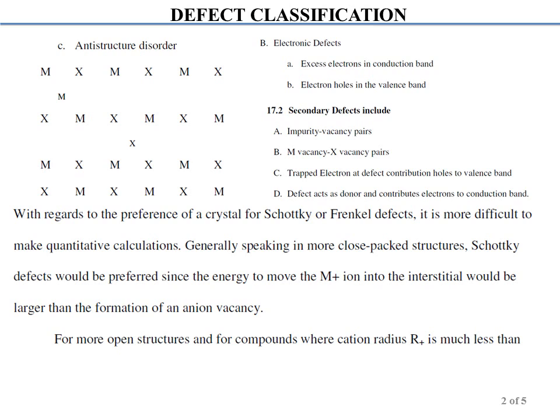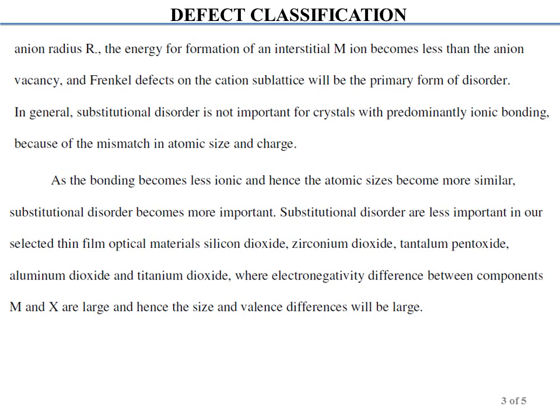So for more open structures and for compounds where the cation radius is much less than the anion radius R, the energy of formation of the interstitial M ions becomes less than the anion vacancy. So the Frenkel defects on the cation sublattice will be the primary form of disorder. In general,